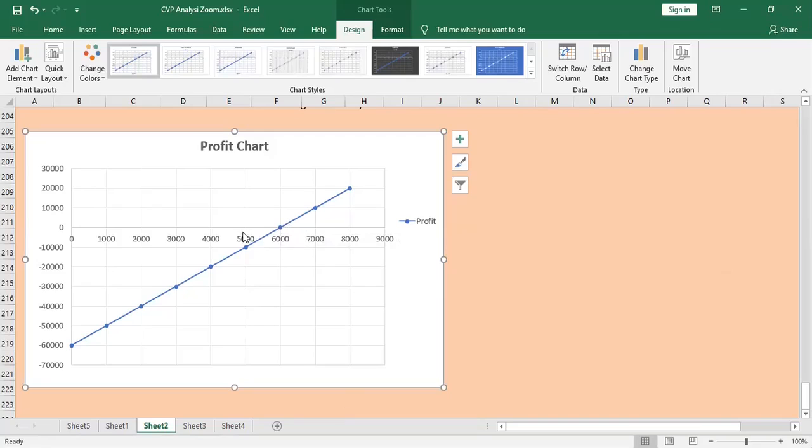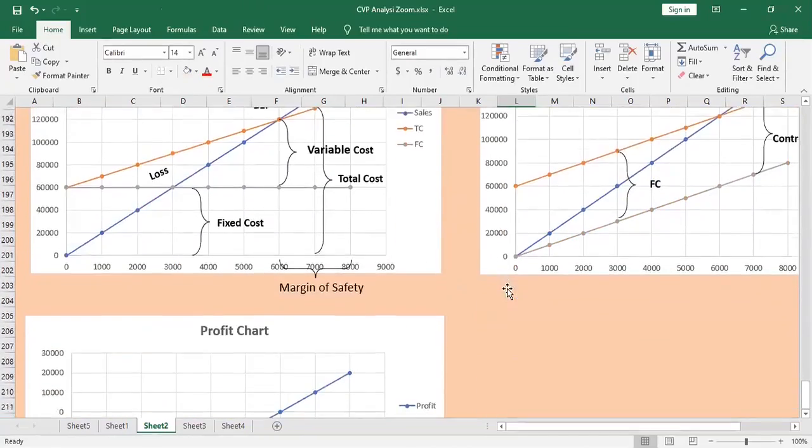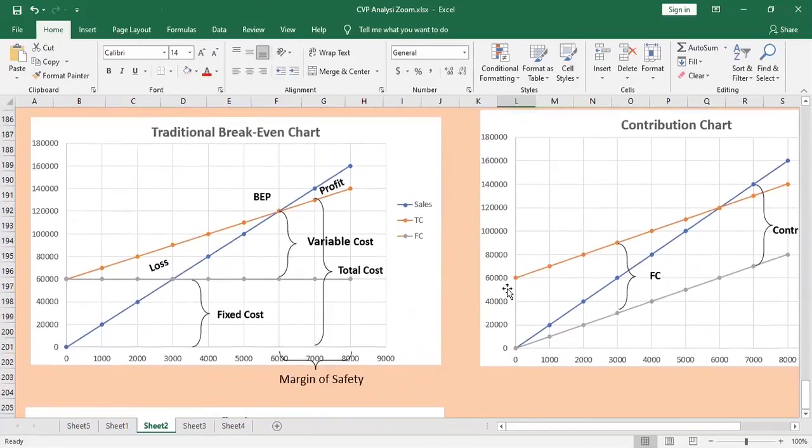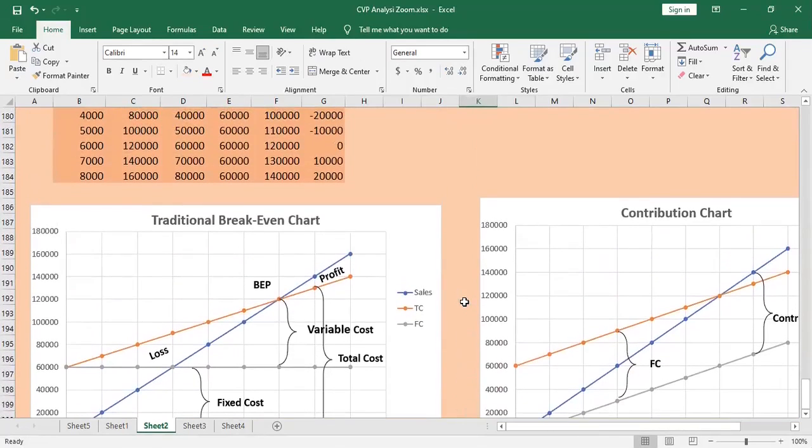All right. So when you are going beyond zero, beyond 6,000 units, you are making a profit. If you are producing less than that, that means you are making a loss. Right. So this is the idea here with the illustration of this break-even chart. I hope that you got some understanding about the behavior of these cost elements and how you are going to plot these things in a graph. Right? So if you have any problems, any questions, you can ask right now.